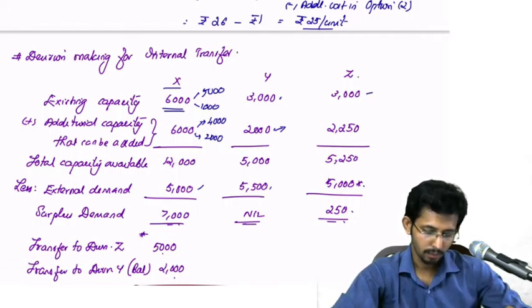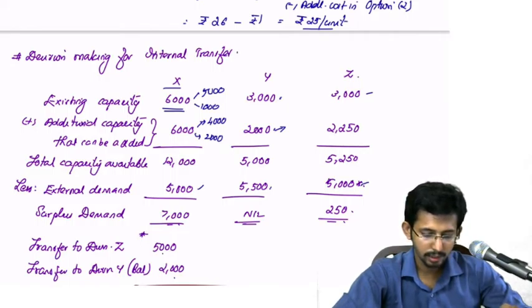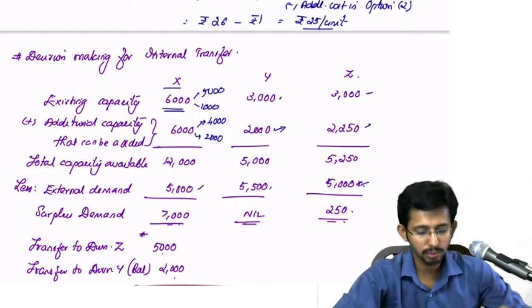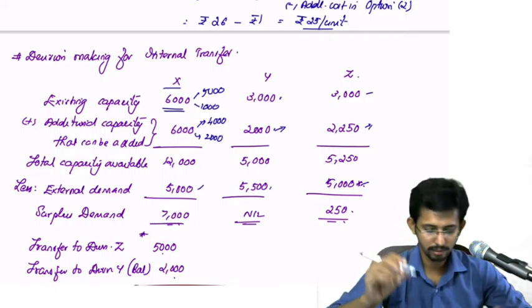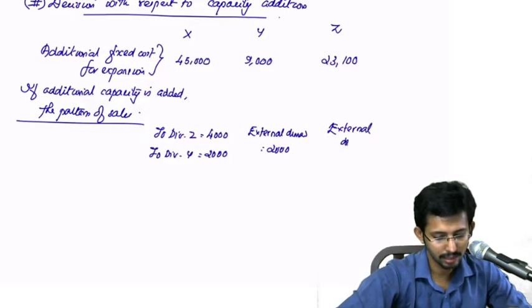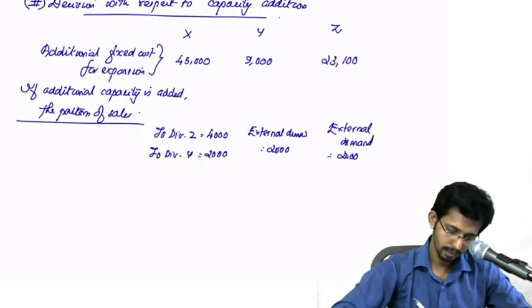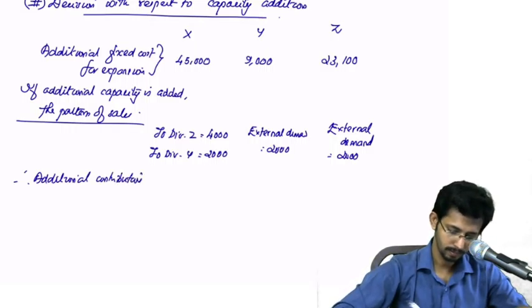If you come to Z, what is the existing capacity? Existing capacity is 3,000. What is the existing external demand? It is only 5,000. Now you can add up to 2,250, but out of this 2,250, only 2,000 can be applied for external demand. Balance 250 will be waste. So here also external demand is equal to 2,000. Therefore additional contribution on capacity